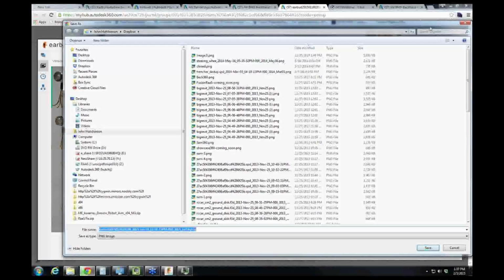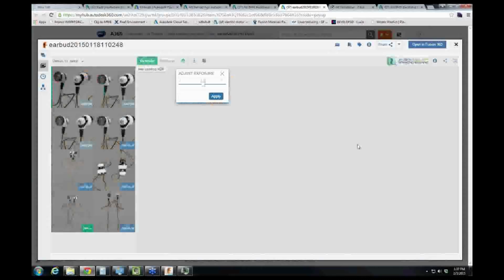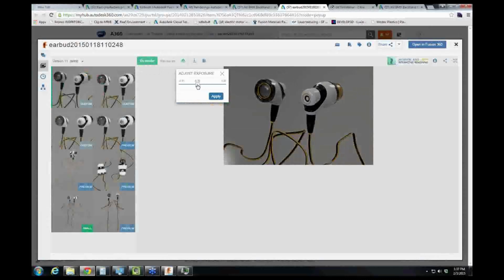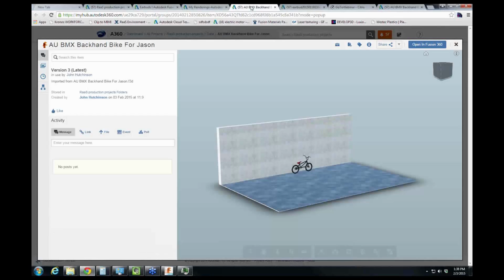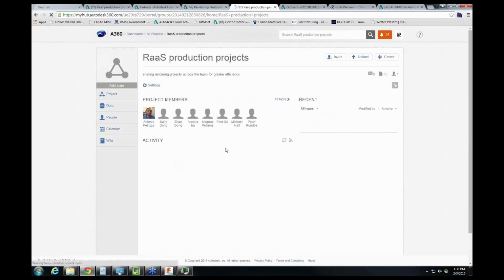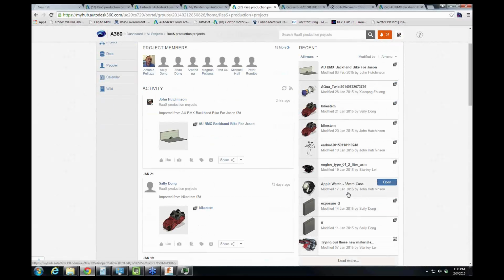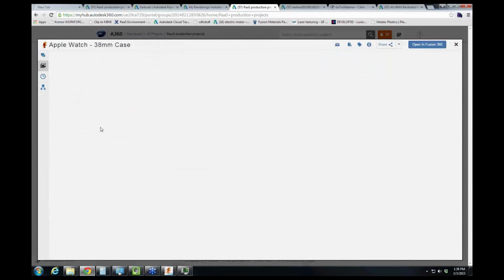I wanted to show a few other adjustment tools. So for example, I can make fine-tuning to the exposure after the fact, which is just kind of handy. Let me pop over to the Apple Watch. And if I go to the renderings tab for the Apple Watch, I'll just show you what